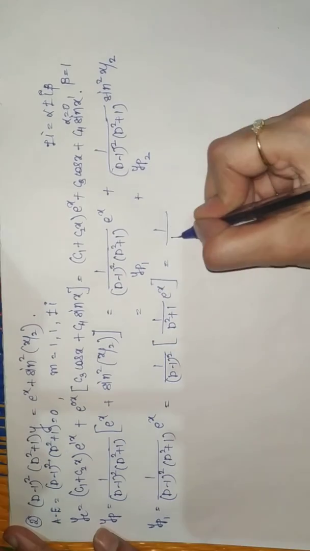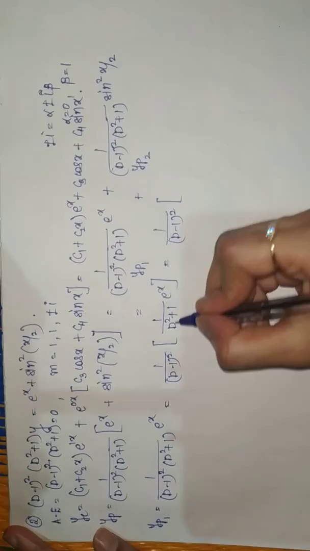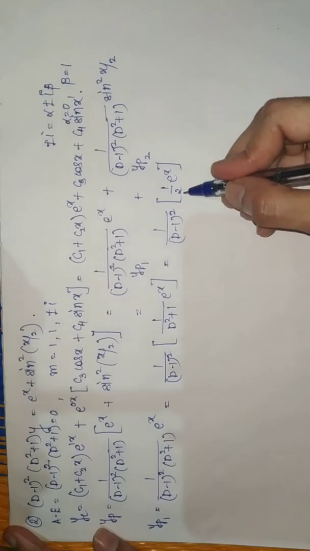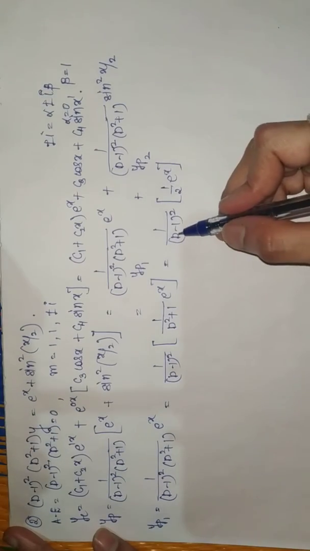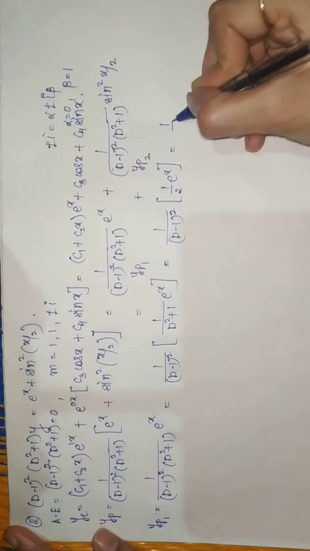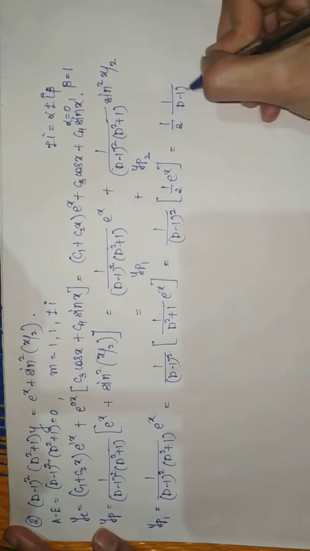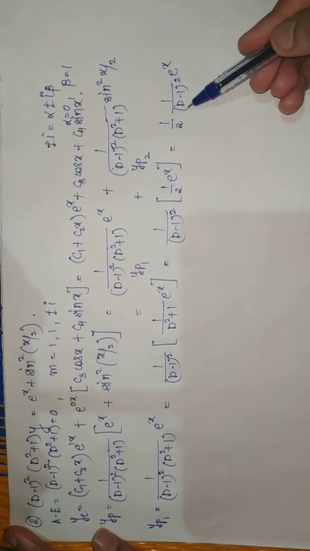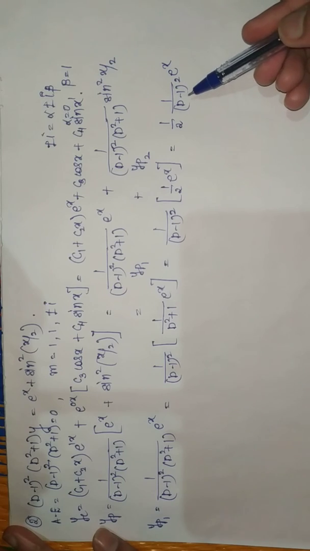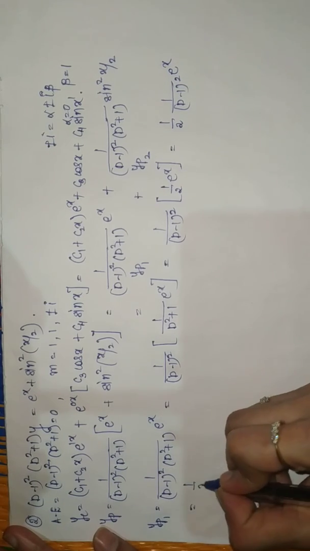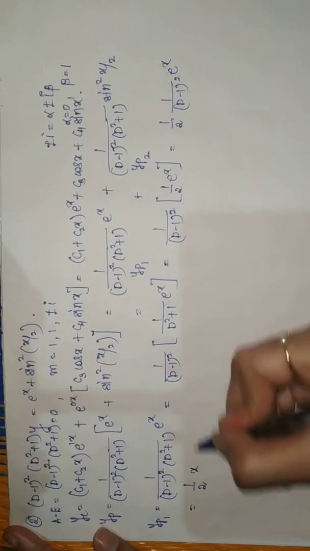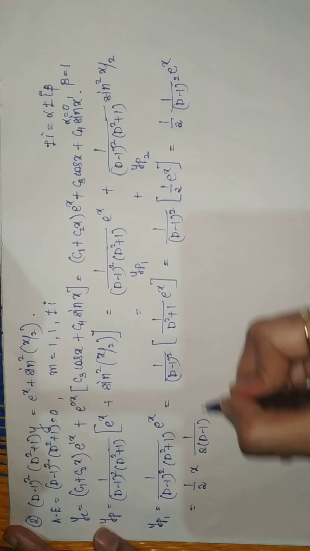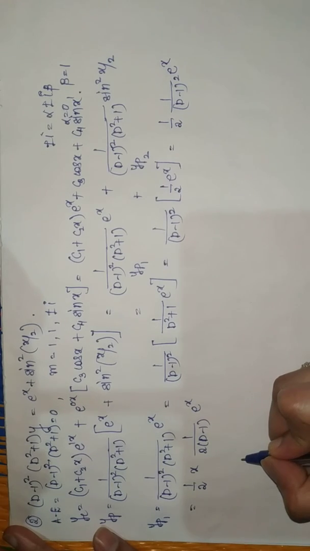Okay, so we can say (D minus 1) the whole squared. Replace D with 1, so we will get half e to the power x. Half is a constant, and this is one integral operator, so the constant we can take outside. So we will get half times 1 upon (D minus 1) the whole squared over e to the power x. Now replace D with 1, but again it gives me 0. So what it gives me: half is outside, which is constant, multiplied by x, and take the derivative of the denominator, which is twice (D minus 1), over e to the power x.